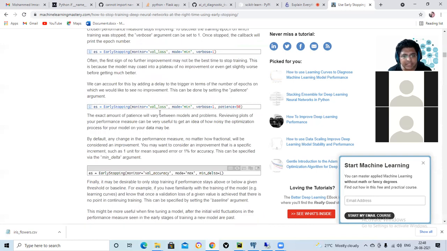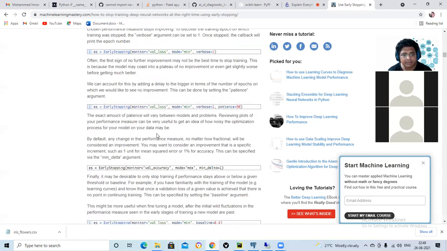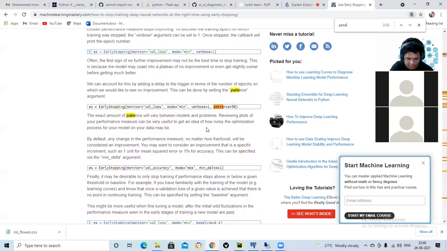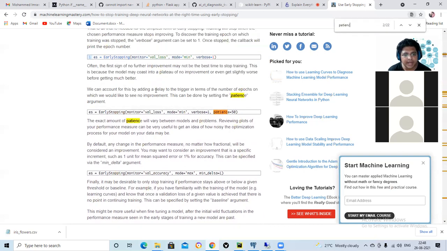And then patience is also there. Patience is how many times you will repeat it. Patience is something which is equal to the epochs. No. Patience. We can account for this by adding it. Often the first sign of no further improvement may not be the best time to stop training.